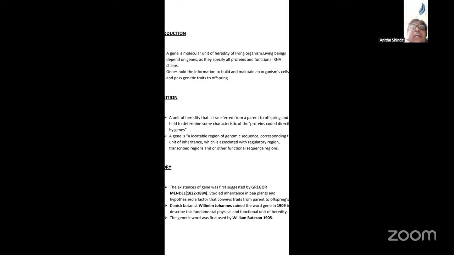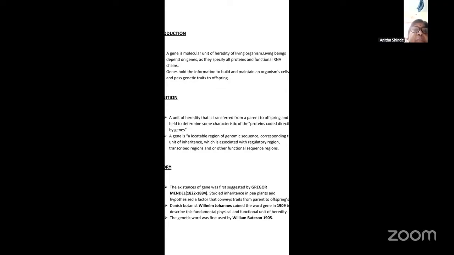You all know gene is the fundamental unit of heredity. It is a molecular unit of heredity. Almost all living beings depend on genes because they specify all the proteins and also the RNA chains. They hold the information to build and maintain an organism's cells. Genes are passed from one generation to another, from the parents to the offspring. So gene serves a very important purpose, which is why it is regarded as the fundamental, molecular unit of heredity of almost